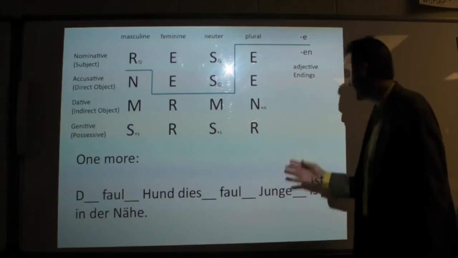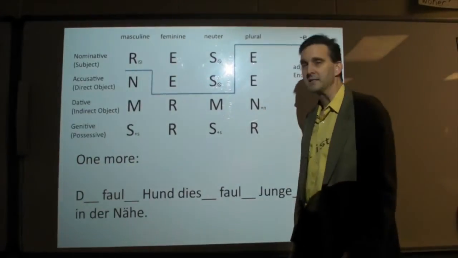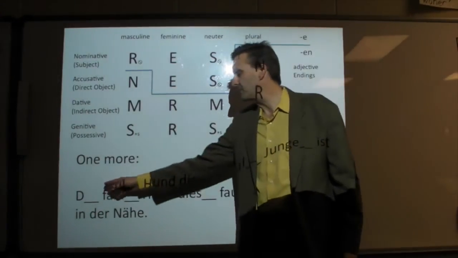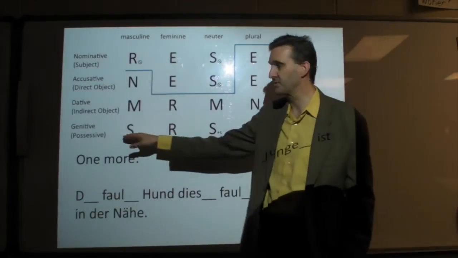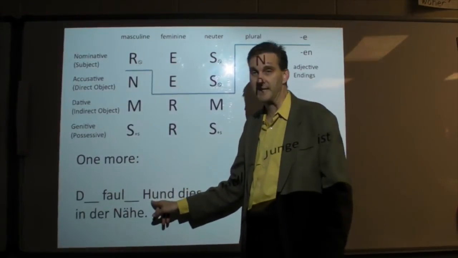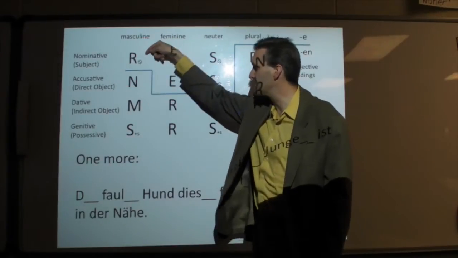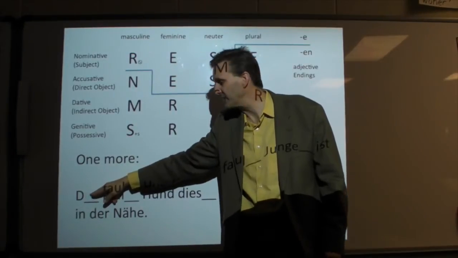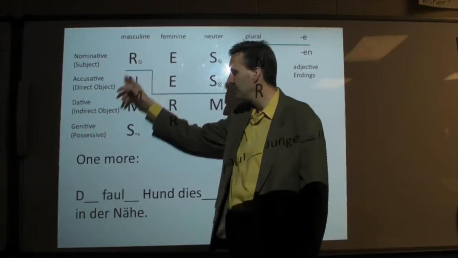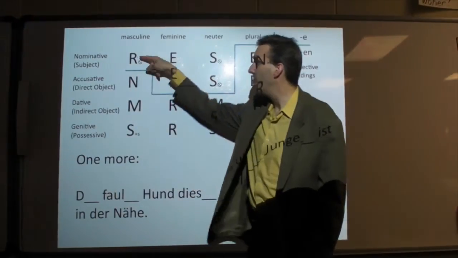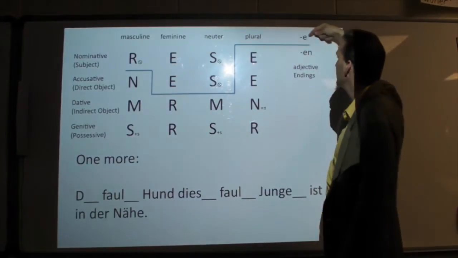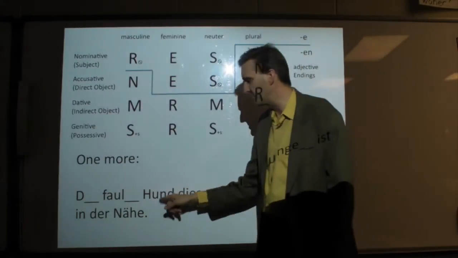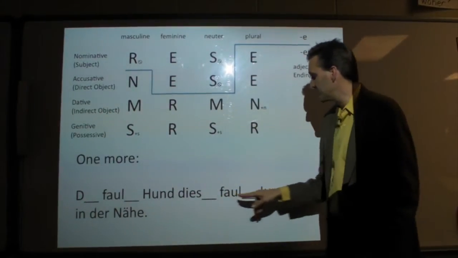The lazy dog of this lazy boy is nearby. Okay? It's kind of like saying the lazy boy's lazy dog is nearby. Silly stuff. But the subject of the sentence is the dog, and the boy is the possessor of the dog, so we'll get to that in a minute. Let's start with this subject. Hund, we know it's masculine, we know it's the subject. Orphan sign, does der orphan its words? No, does der orphan its endings? No, der does not orphan the ending, so we keep the R. Der. Above or below the line, it's above the line, so we need E on faul. Faule. So we have der faule Hund, so the lazy dog,